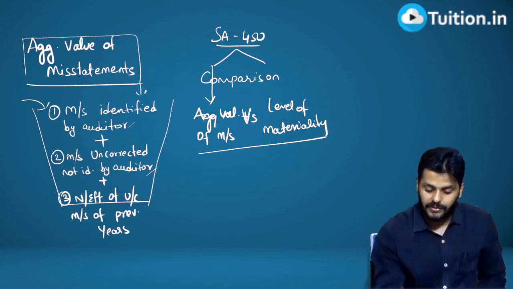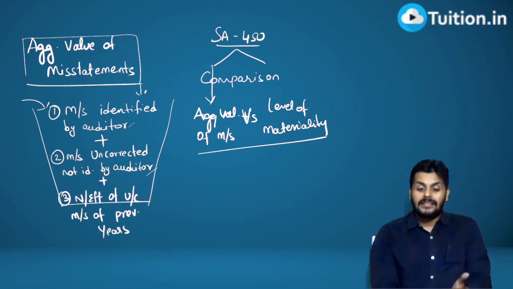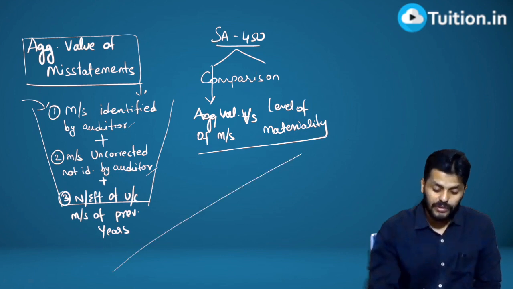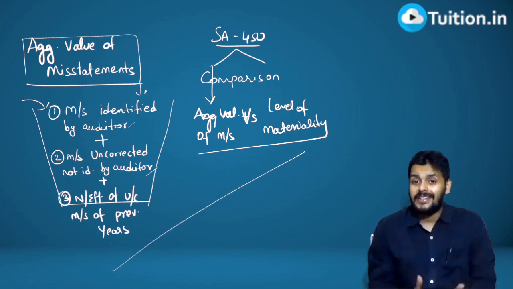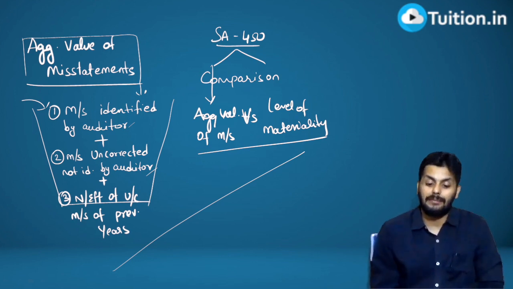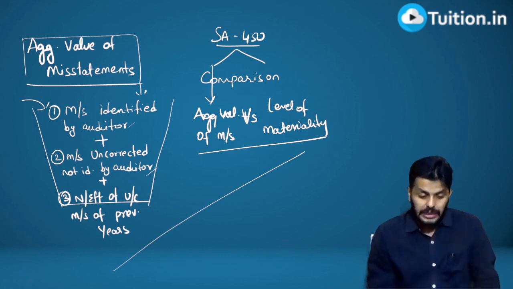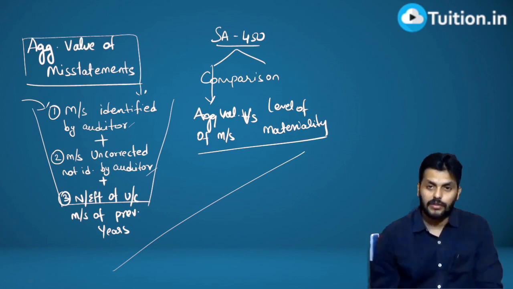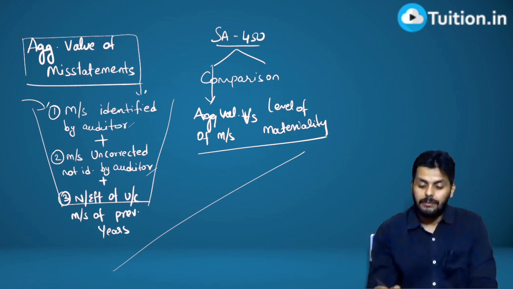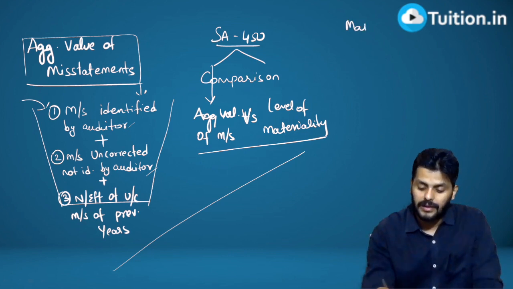So aggregate value of misstatement to the level of materiality, that's what you're going to use to cross check what exactly are material misstatements. So that is what is going to happen in that particular standard, 450, right? So what items are material and what's the aggregate value of misstatements? And moving further, we have a very important concept from the standard, which is called materiality